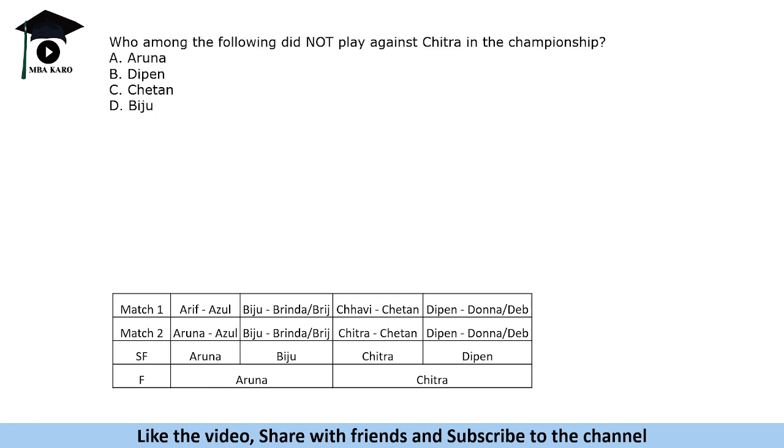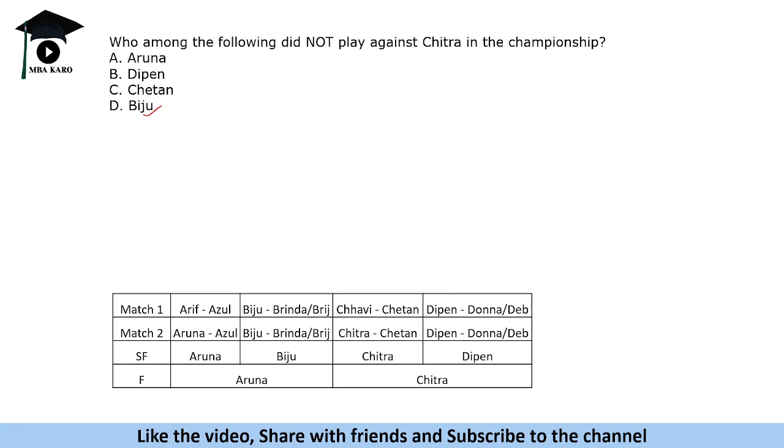Who among the following did not play against Chitra in the championship? So Chitra played against Chetan, Dipen and Aruna. Aruna, Dipen, Chetan. Biju did not play against Chitra in the championship. So this set was again